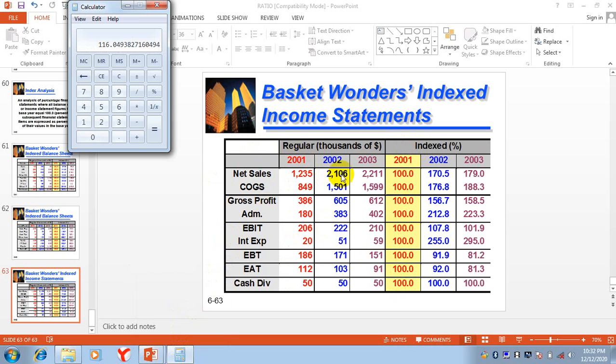Next year data, so see sales: 2106 divided by base year 1235 and multiply it by 100. So we got 170.5. Then 2003 data, so 2211 divided by